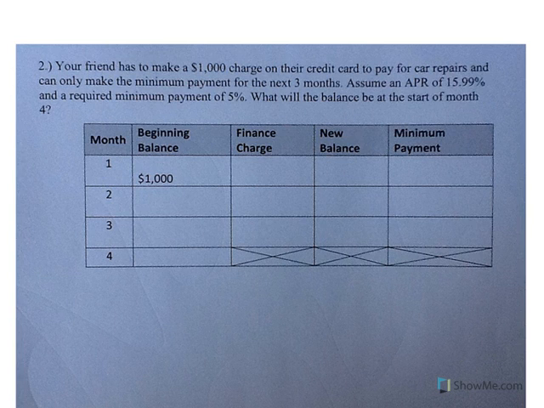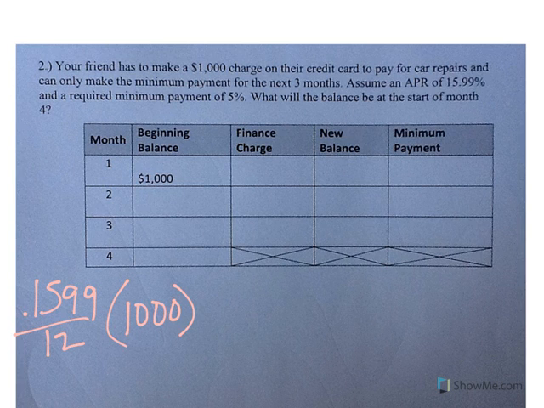So we'll call this friend Billy. The APR, not a bad APR really, of 15.99%. So 0.1599, we divide it by 12, and then we multiply by our balance, and our balance is $1,000. So when we do that, we are going to get a finance charge of $13.33. To find the new balance, we're going to add those together. So previous balance plus the finance charge gives me